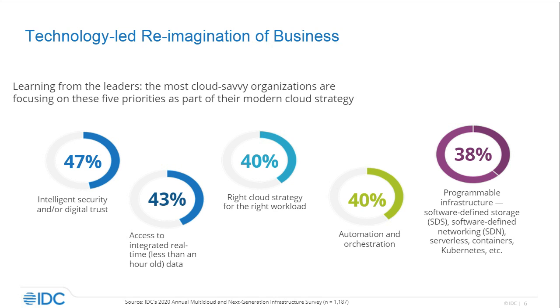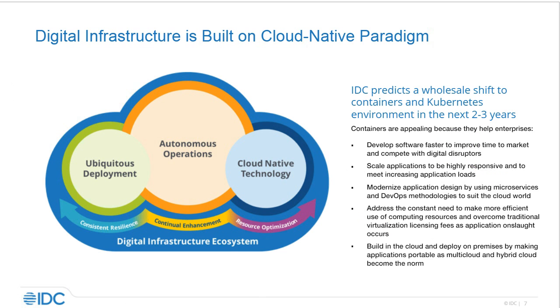Together, investing into all these, companies are really trying to build this modern digital infrastructure architecture. And this is a conceptual representation of how a digital infrastructure looks like. It is extremely resilient, it's extremely intelligent and automated. And at the heart of it, it's built on cloud-native principles. It's agile, it's innovative, and it leverages modern capabilities like Kubernetes and containers to develop those new applications at speed